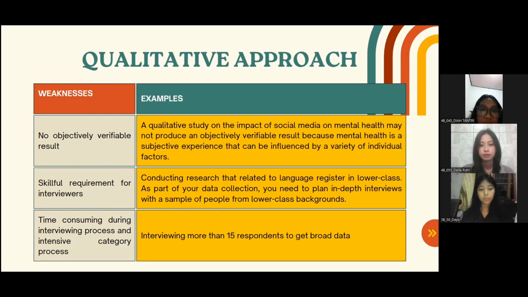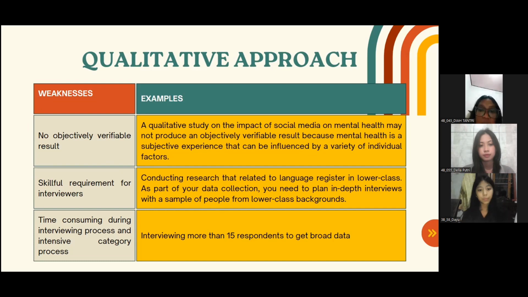The second one is skillful requirement for interviews. In qualitative research, a skillful requirement for interviews refers to specific abilities and qualities that are needed by the researchers who conduct interviews as part of their data collection process.